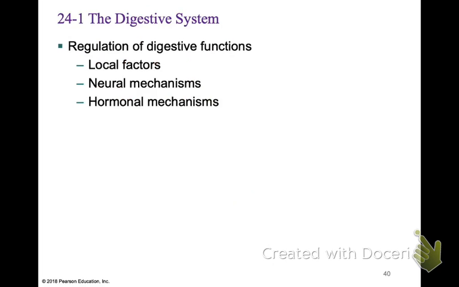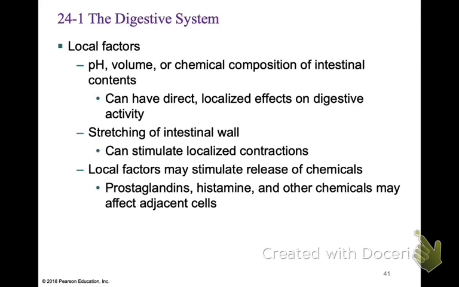And there are 3 different ways that we regulate the functions of the digestive system. Local factors are just secreted locally. They're secreted by nearby tissues, and they have a local effect. And then, of course, your basic mechanisms of the nervous system and the endocrine system. So our local factors include components in the food that you've eaten, the pH of it, how much you ate, the chemical composition. And you've got sensory nerve endings in the intestine that can detect particularly fats or proteins,